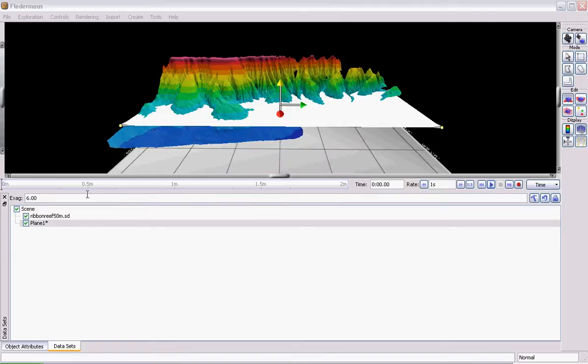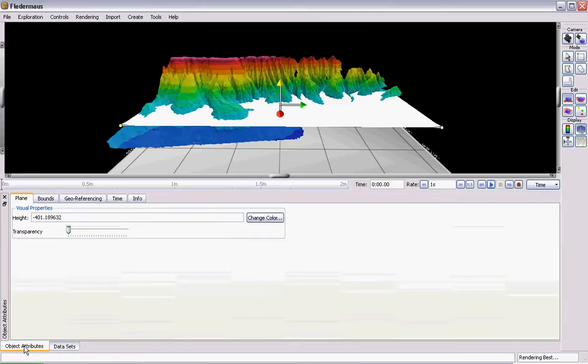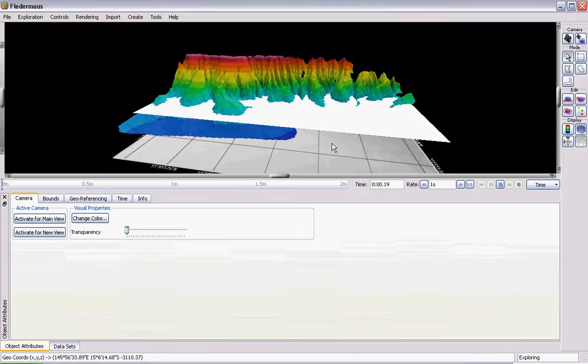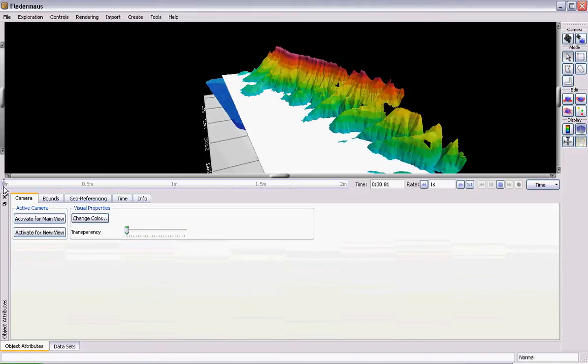So this is just in addition to the last video I made on movie making in Fledermaus. This is just about adding a camera, so you can have a change of view. There are two ways of changing the view. You can press record and then actually move the viewer, and you can see it moves the